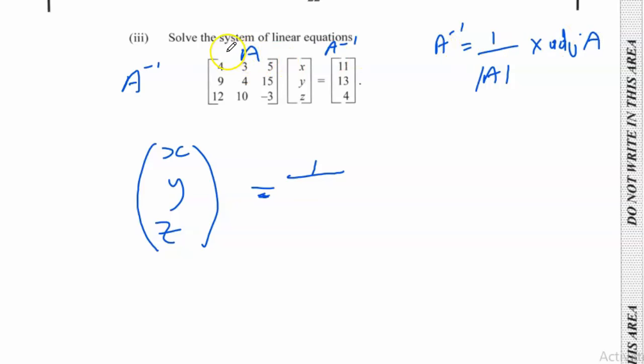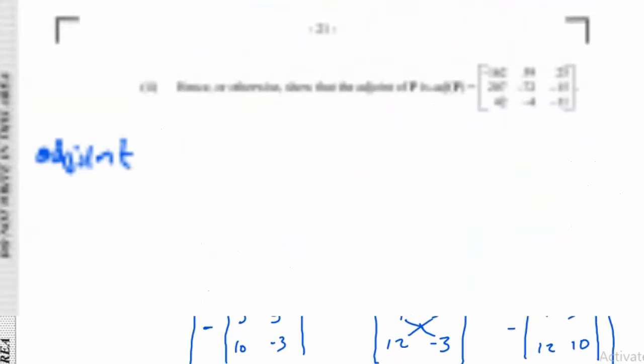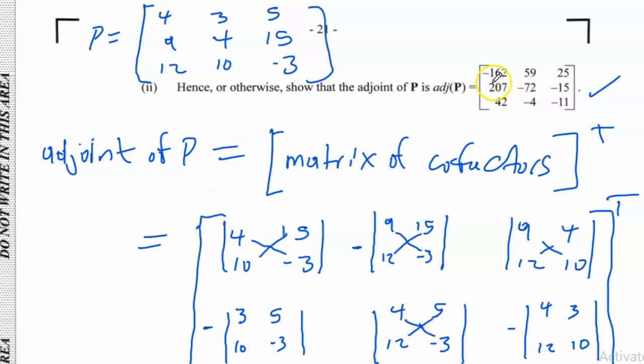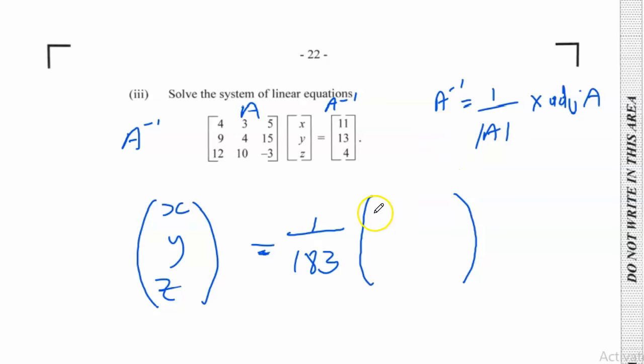Now for this very same matrix A, we found the determinant to be 183. So it's 1 over 183. And we just found the adjoint. Here's the adjoint. We're actually given the adjoint and asked to prove it. The adjoint: minus 162, 59, 25, 207, negative 72, negative 15, 42, minus 4, minus 11. So the adjoint, let me just restate all of those values. So the adjoint would be